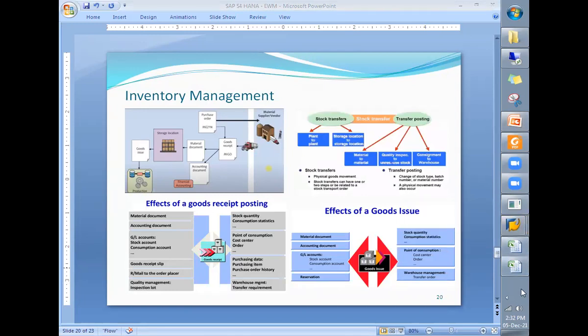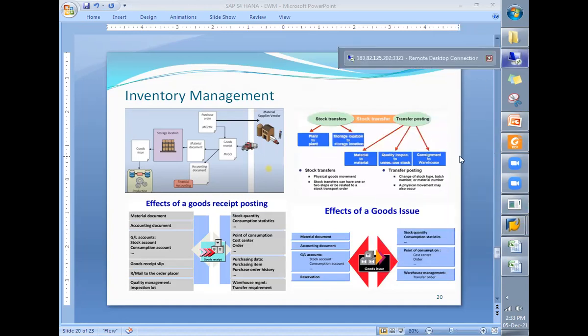First, we try to understand the concept and logic, and then how the transactions are executed. And in order to improve the efficiency of warehouse operations and bring in automation, what configurations and customization we as EWM consultants need to do will all be discussed in detail.